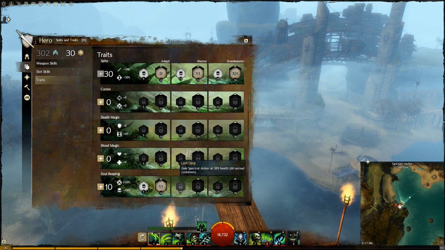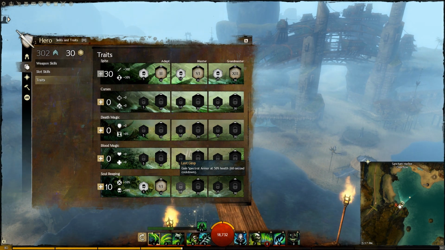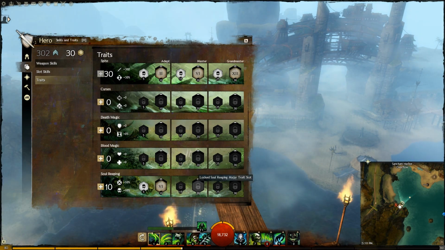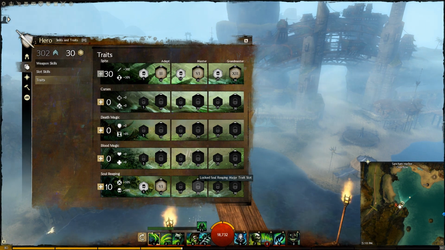This is a very good minor trait, very important as well, because we are really glass cannonish and we don't want to be too squishy. We know we want to go in the glass cannon path, but we don't want to die instantly, because that's just stupid. So we end up at the master skills, and the reason my next trait is in this order